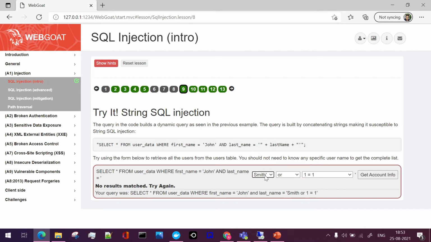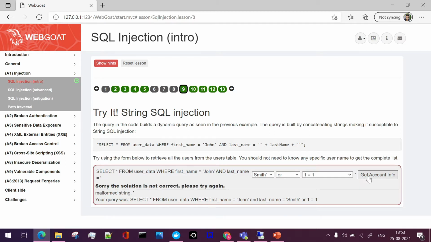So here I have done Smith, then a single quote, then my OR parameter will come, and then we pass 1 is equal to 1. Now let's see what the response is. Again, Smith and the semicolon or single quote has not provided any disturbance to the attack.